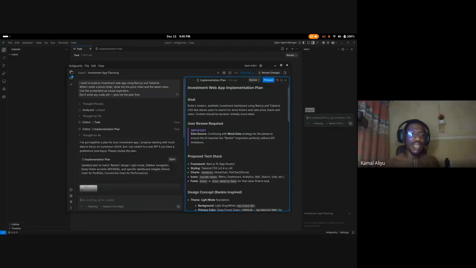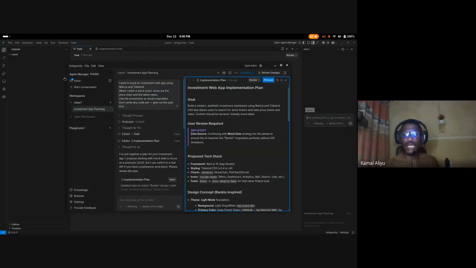What happened is, when you open the agent, this is the model that usually pops up. And you see that we have the workspace, this workspace that I'm talking about, and this is the playground. Can you see it? This is the workspace and this is the playground. And this is the directory that I said I create, which is the class one. And the moment I create the directory, Antigravity automatically assigns an agent for me.